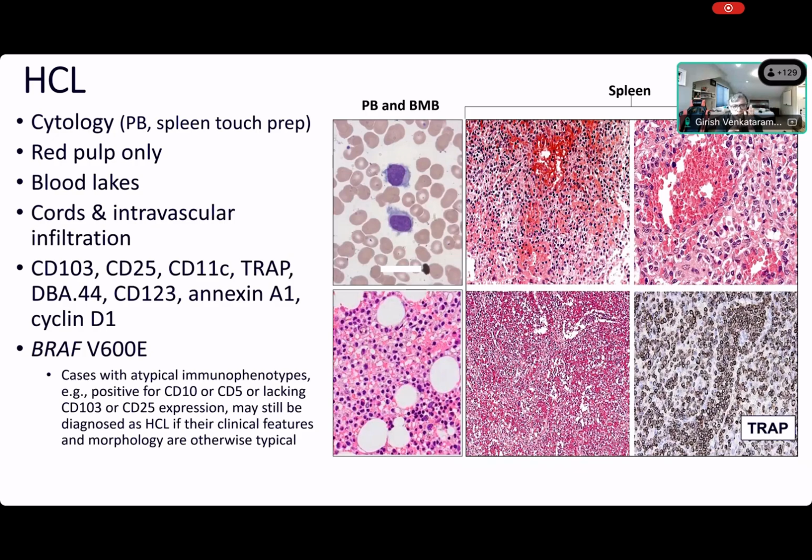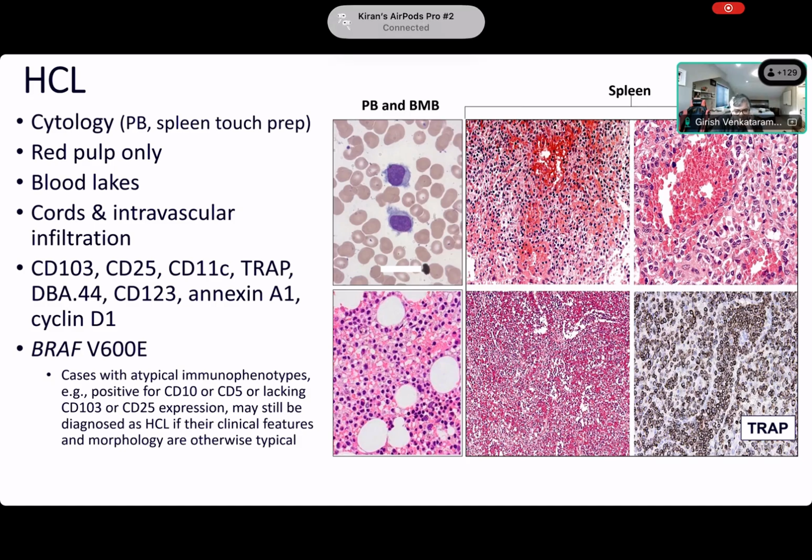And if you do IHCs, the useful IHC, again, I will say, is not necessarily the big list, but rather very few like CD20. Start with CD20, do a cyclin D1, right? And annexin, people usually don't have frequently, but CD25 is probably important, so do a CD25, right? Or send your CD25 out if you don't have it in house. It's good to send out CD25. All the other stains are kind of just a cherry on the cake, right? Annexin A1 is supposed to be good, but it's not an easy stain to get to work.